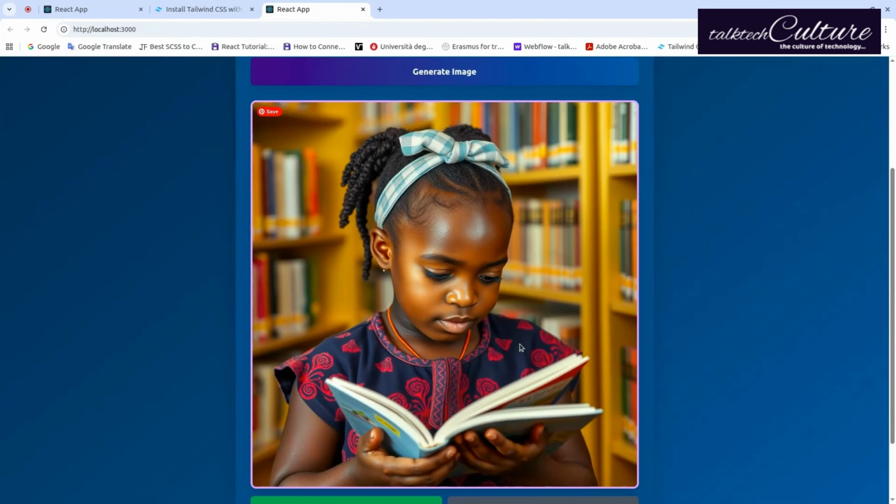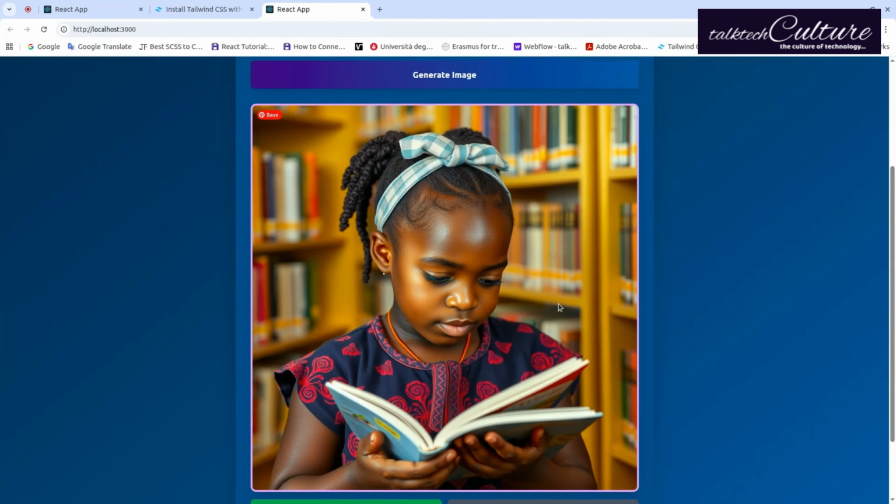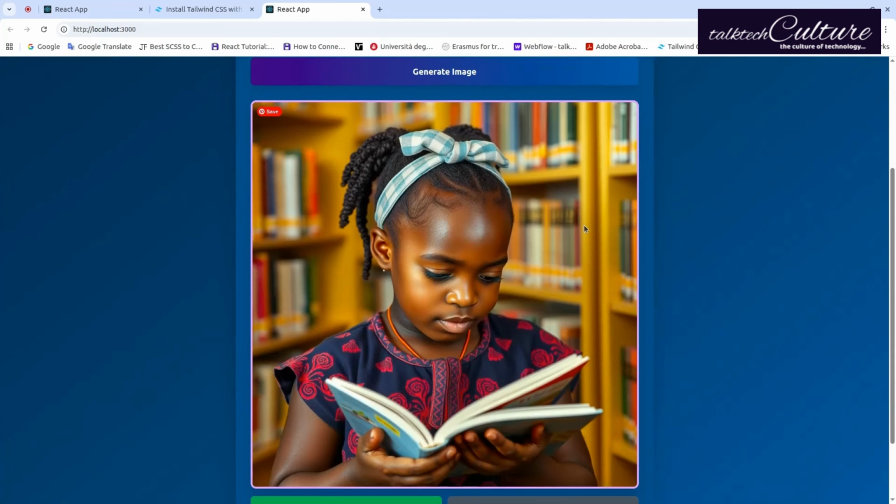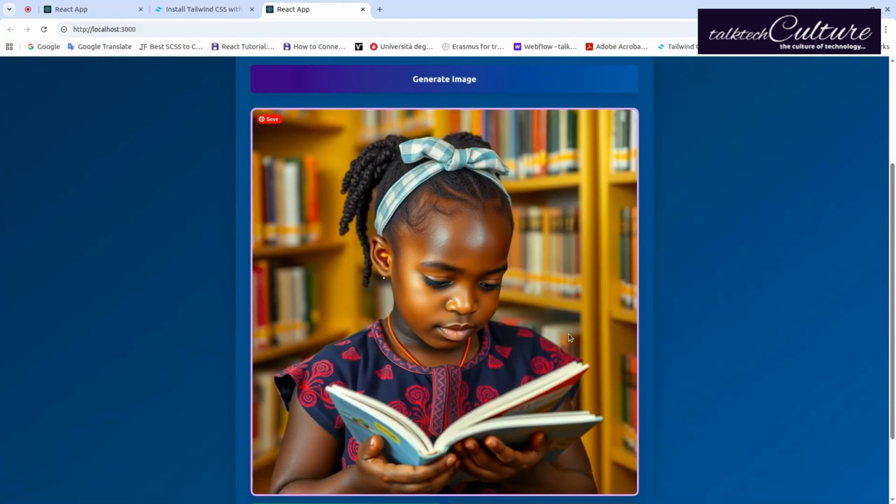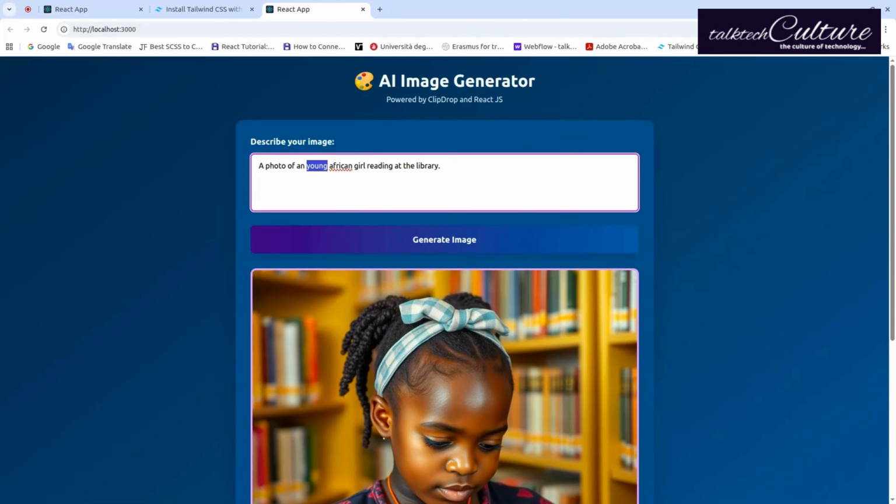So let me break this prompt down. This is saying a photo of a young girl reading. This is very simple. So with this, what I was specifying was the African girl. I said young. So now if I give a prompt of, let's say, a photo of children